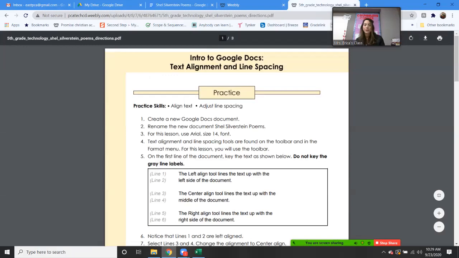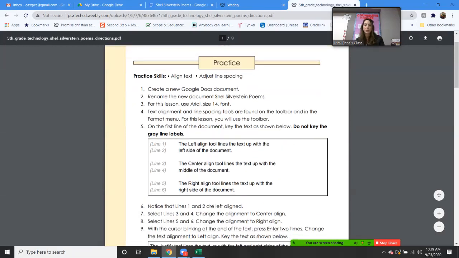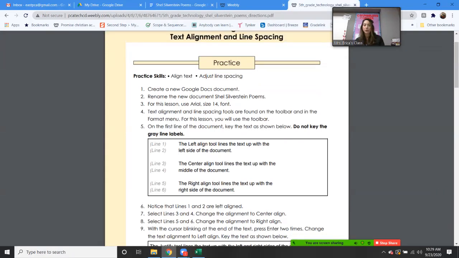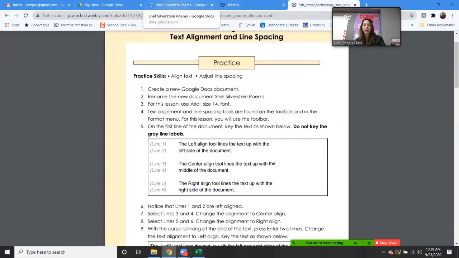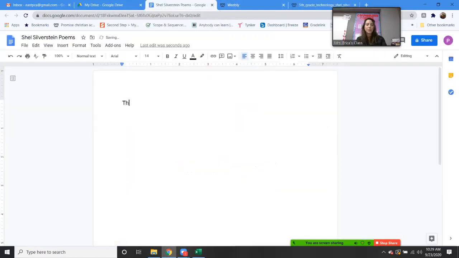On the first line of the document, key the text as shown below. Do not key the gray line label, so you don't need to write line 1. You're just going to type: the left align tool aligns the text up with the left side of the document. So you'll be typing what this says. I don't want to do all of these because it might take too long and I don't want the video to be too long, but I know that you guys will understand this. So you're going to start just typing the